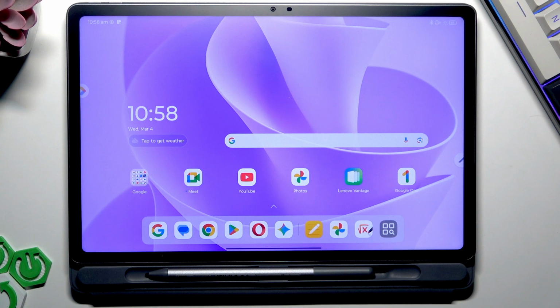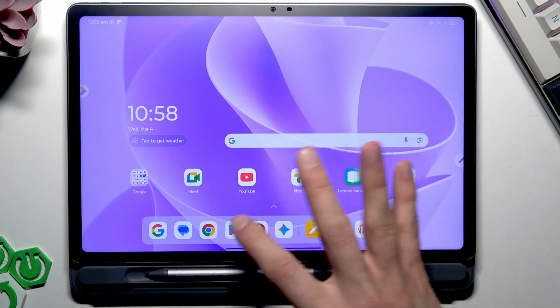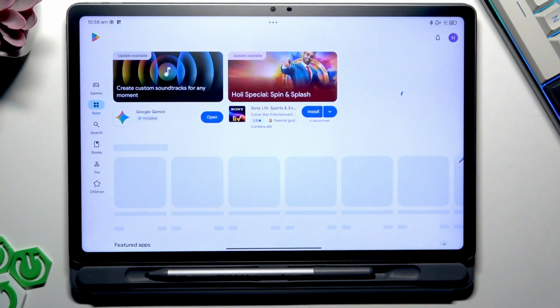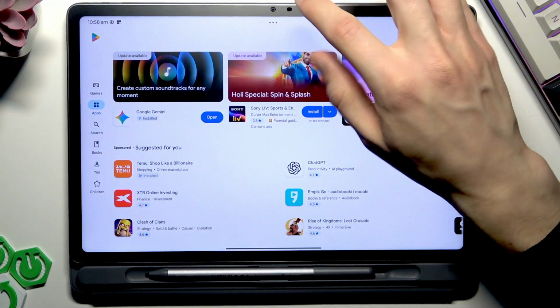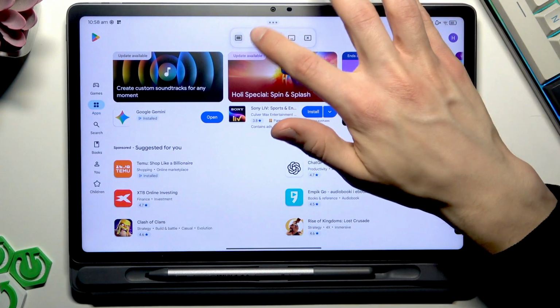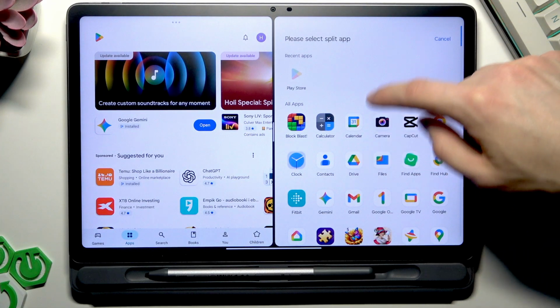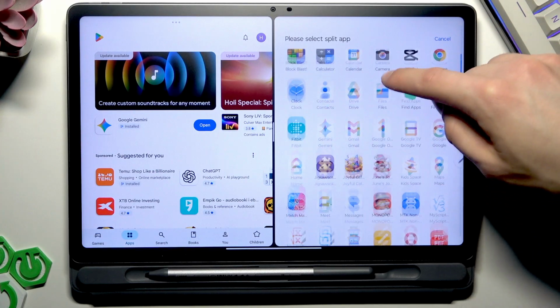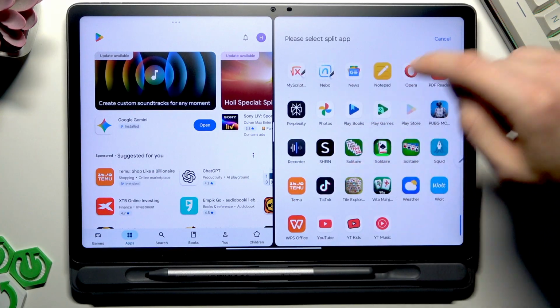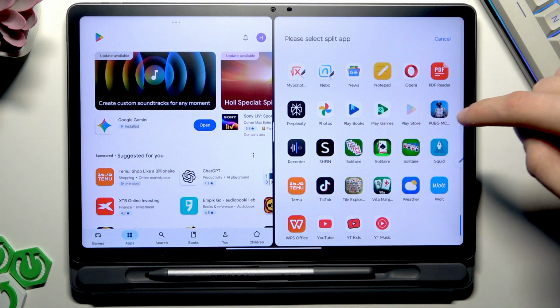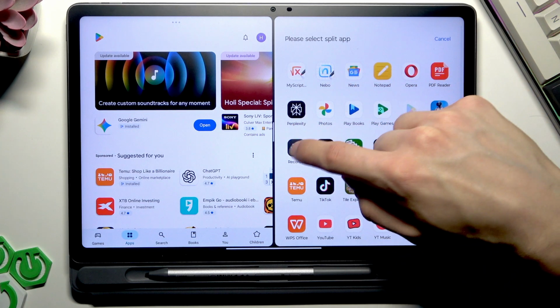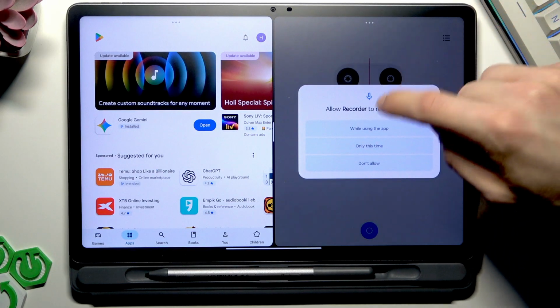So to split the screen between two applications, we just need to first open an app that we want to split, then tap the three dot icon at the top of the window, and then tap this icon to split it with a different application. So right now we're gonna have to select an application that we want to open as a second one on our device. So for example, let's open a recorder,